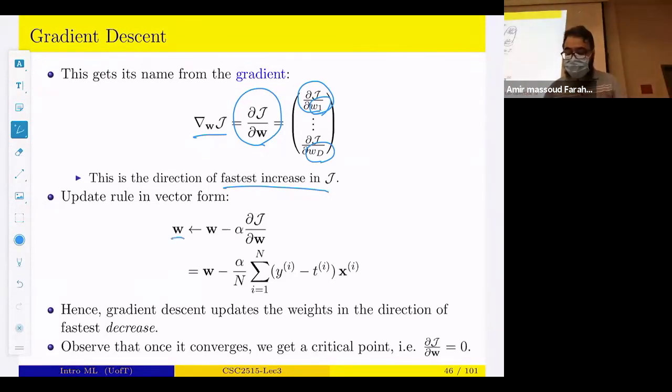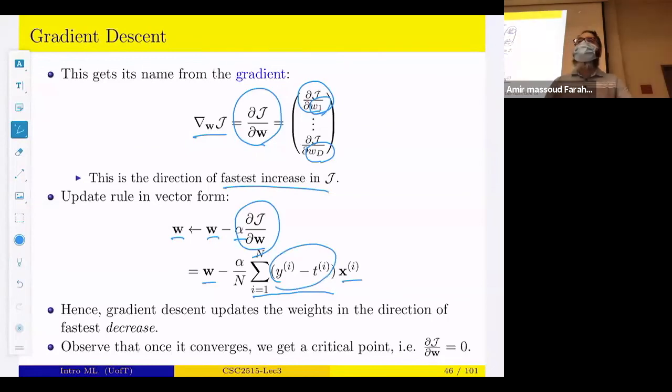The d-dimensional vector W should be updated as W minus alpha times the gradient of J with respect to W. For our cost function, it would be W minus alpha times the summation of (yi minus ti) times xi. Just note that